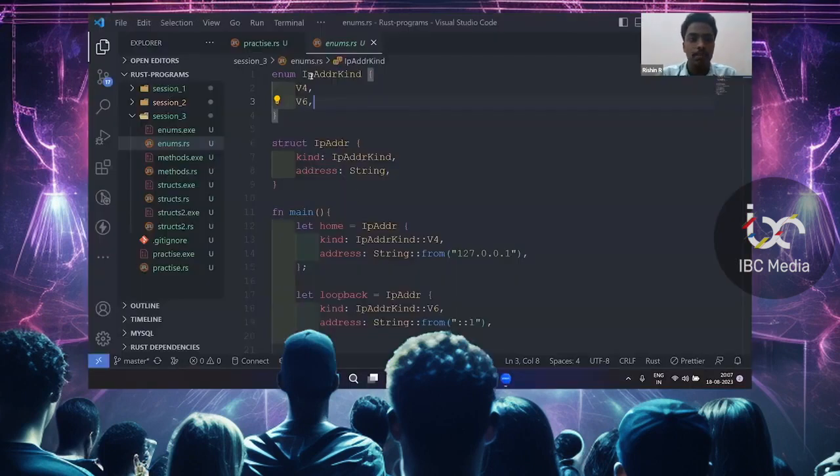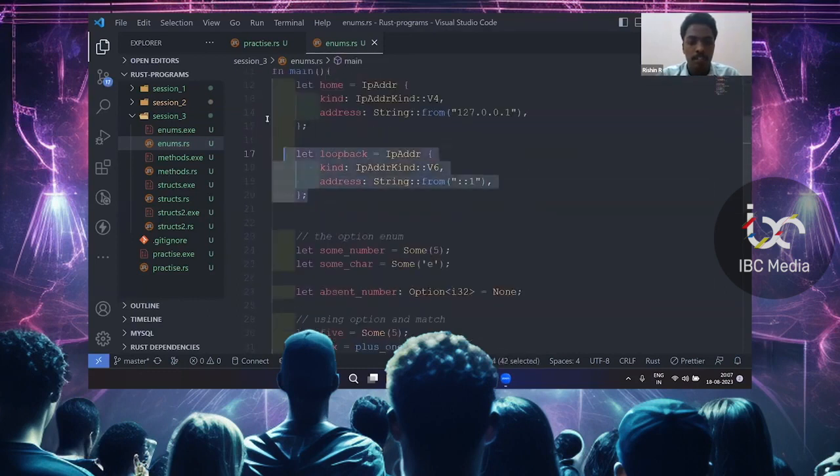Anyway, I will just show one more example. Like you can have different variations. Say I just want to pass a string for v4, and I want to pass u8, u8, u8, u8 for v6. Okay, so for v4 I can have a string, and for v6 I will have this one. I don't want this anymore, so just stop this, and we'll have the IPAddr kind. So we don't want this as well,